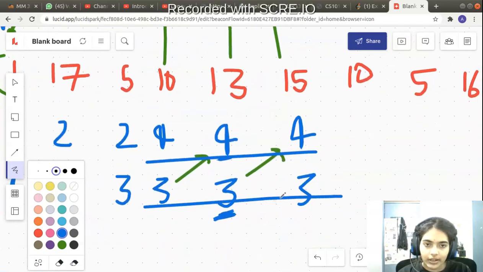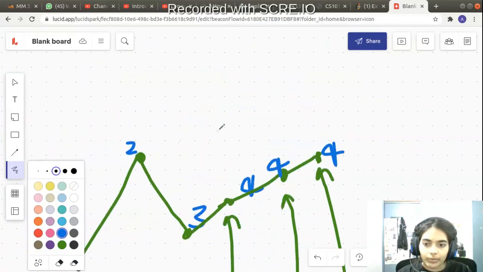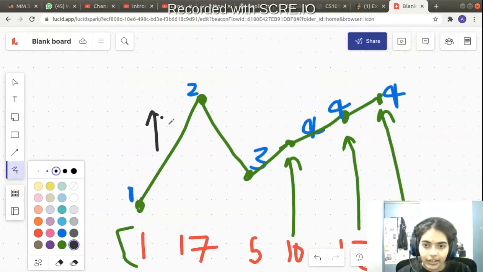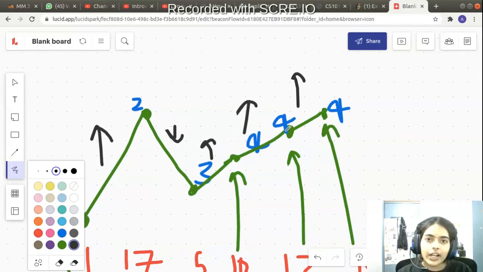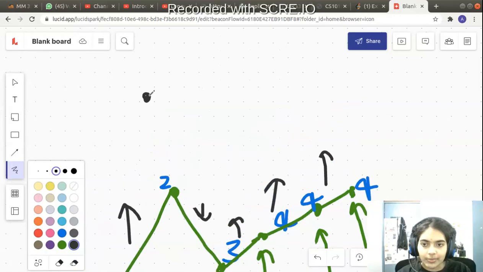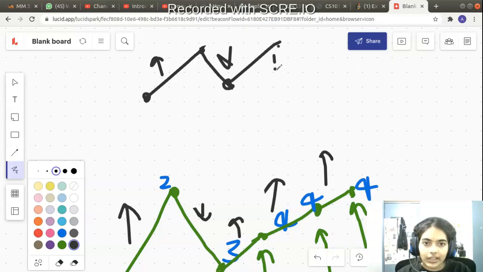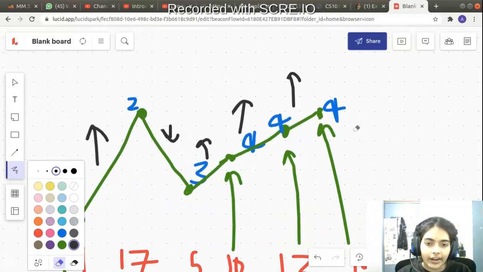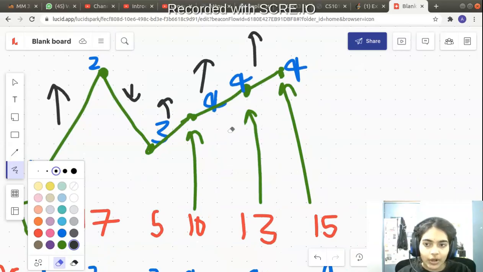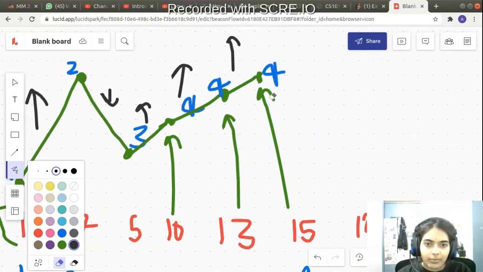Now you see all these nodes are constant. Why are all these nodes constant? What do you mean by wiggle subsequence? You have one increasing, then decreasing, then the next quantity should be increasing. But if you have all next quantities increasing, this is not helping the wiggle subsequence, it's actually destroying it. Increasing, then decreasing, then increasing, then decreasing: you should have increasing and decreasing alternately, right? But if you have continuous increasing nodes, those nodes are just useless. They are not aiding at all. So these nodes just remain constant, and the length of the wiggle subsequence just remains 4.